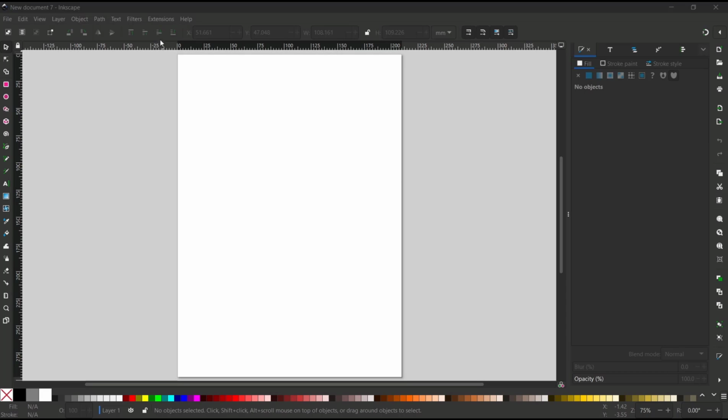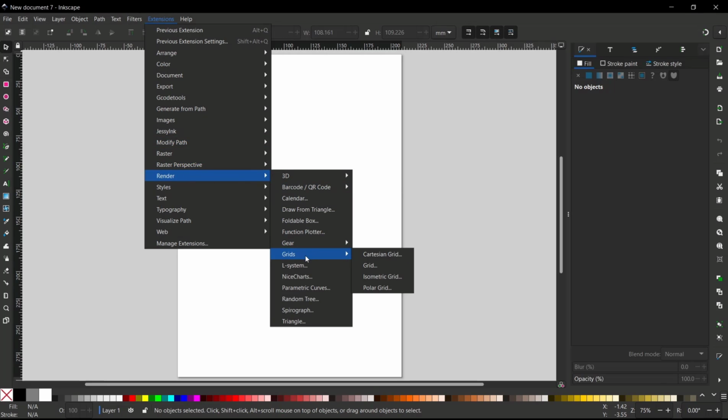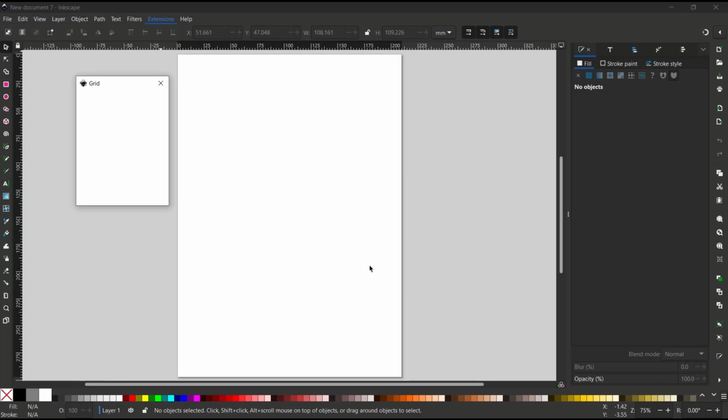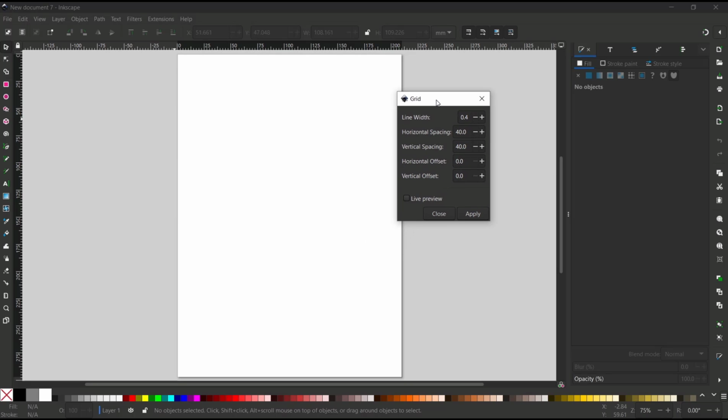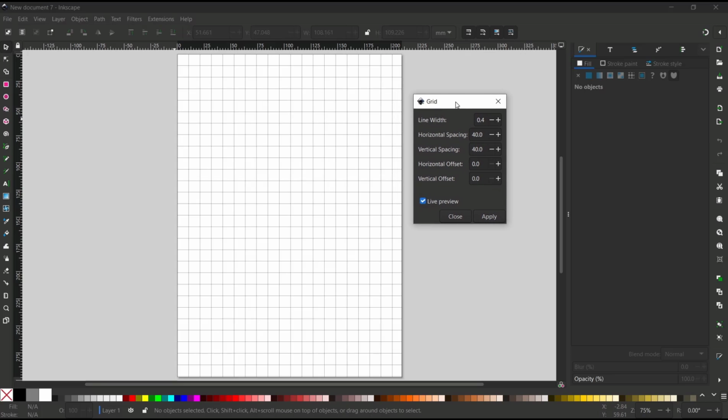You can go to the Extensions menu, click on Render, then Grid, and then click Create Tools. The grid dialog box will be shown, and in here I will check Live Preview. This is for live preview. You also can change the horizontal spacing and vertical spacing in here. This is for the line width, and then you can click Apply to set it into the canvas, and then you can